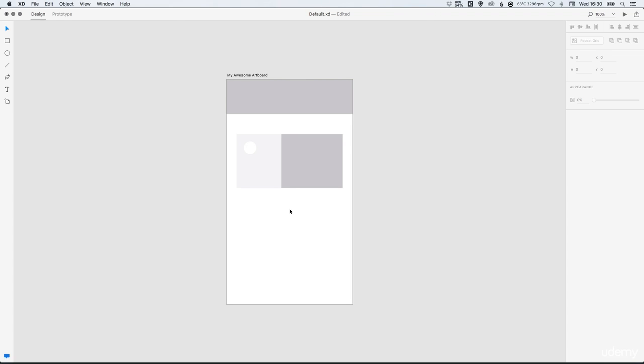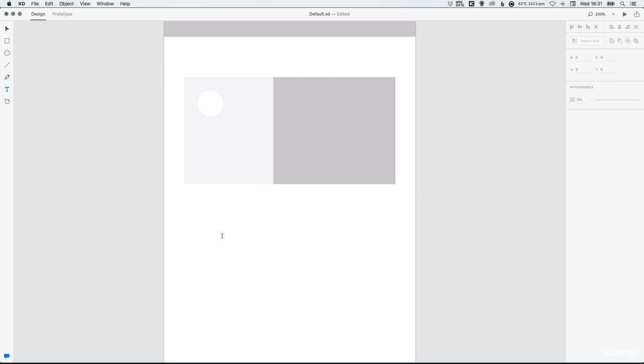In this lesson we're going to be taking a look at adding text in Adobe XD. So we have our layout started here. Let's select the text tool in the toolbar on the left. And there's two ways you can add text. You can simply left click anywhere on the artboard and start typing. Or you can left click and drag to create a text box, and then as you start typing